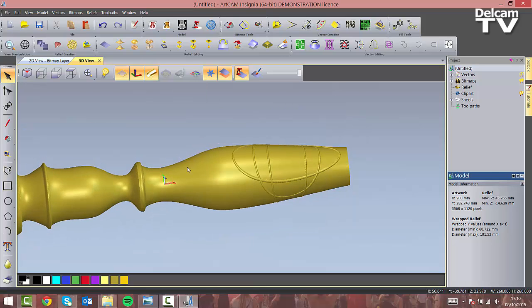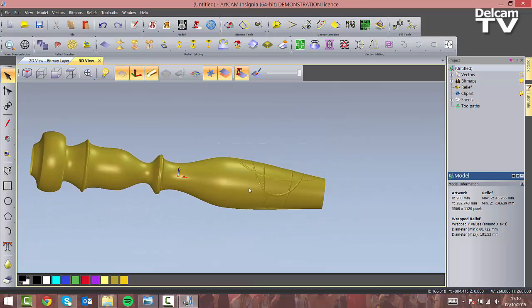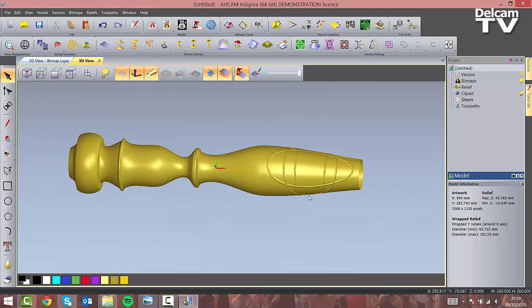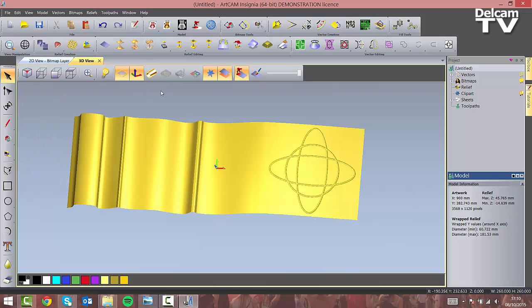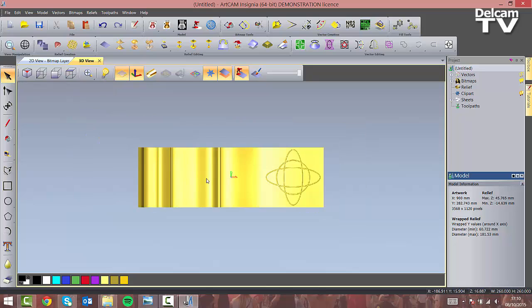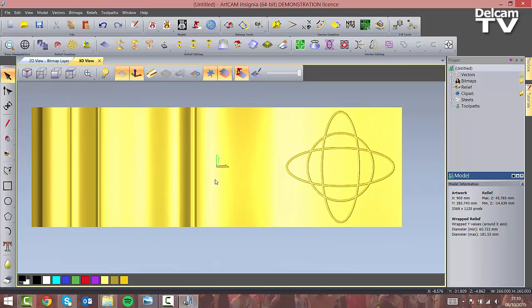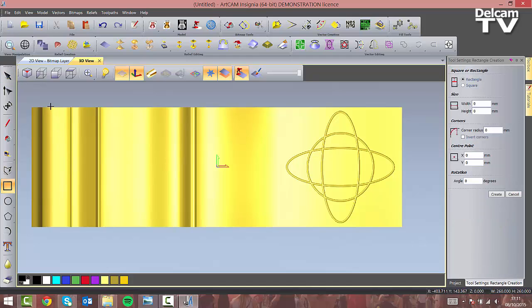If we want to see how it looks on the banister, this is the result. So we can now toggle again the visibility of this rotary model, and we can start to play with the rest of the model. So the first thing we want to do, we want to add some texture to this part. So the first thing we'll do is create a rectangle, which is gonna retrace basically this part of the